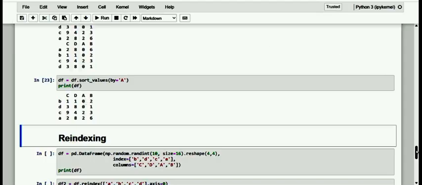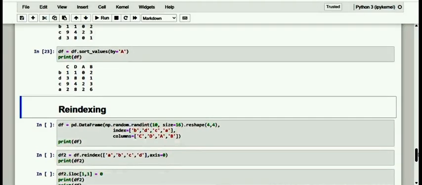Now let me move on to the next one, re-indexing. Dear friend, re-indexing is the fundamental method of aligning data in pandas. Reindexing means conforming the data to match a given set of labels along a particular axis. This involves reordering existing data to respond to the new set of labels, the insertion of a null in the position where there is no correspondence, or possibilities of filling in the case of missing data.